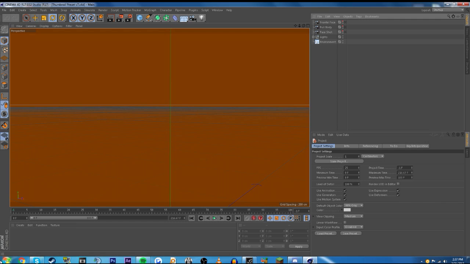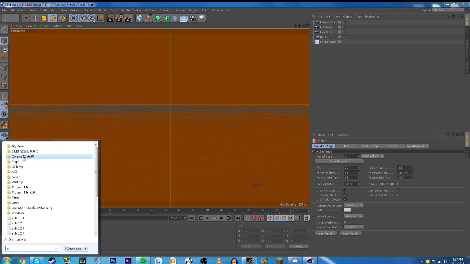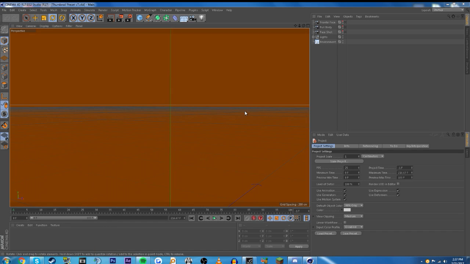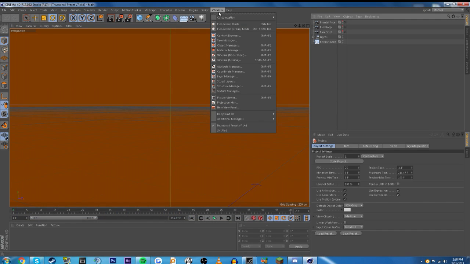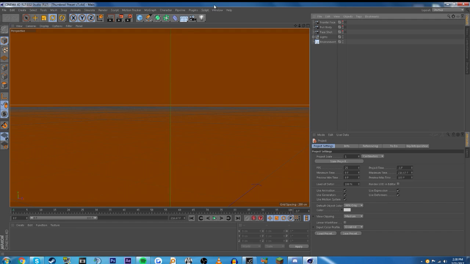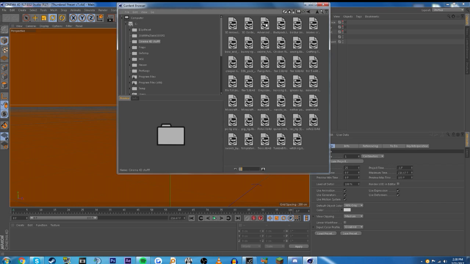I made a folder in my C drive, which I have to go see. Cinema 4D stuff. There we go. That's what it is. And if it'll open eventually, I have a very slow computer. There's all my rigs and stuff. As you can see, a lot of rigs. So to get to that, you go to Window, Content Browser, Computer, C drive, Cinema 4D stuff, and